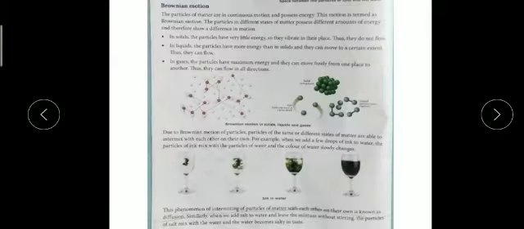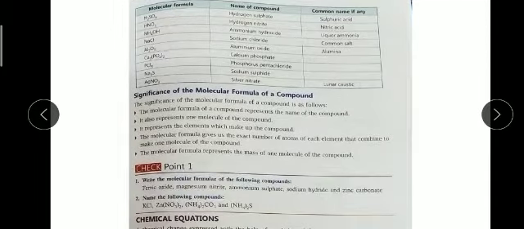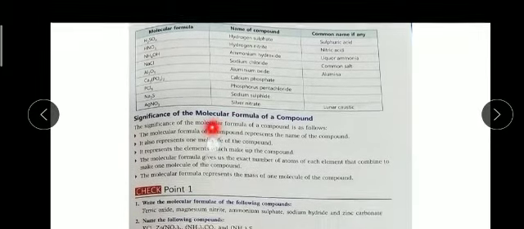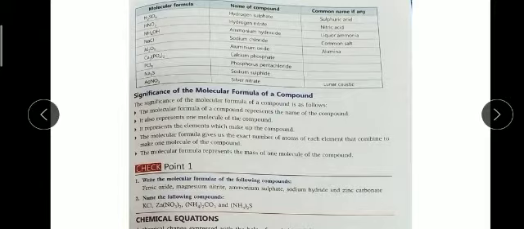In this you can see one table given. They tell you the significance, what we can know about the elements and all. One table is also given on page number 68, table 5.8. Please go through that table also, because so many compounds, and how they interchange, is also given there.